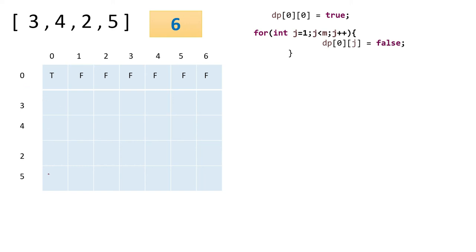And all this will be true because to form the weight 0, whether you include them or not, it can form true. So from I to I plus 1, all this will be true. For the rest of the part, like from here to here, we have to